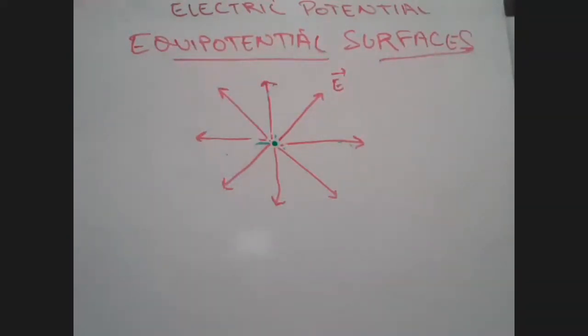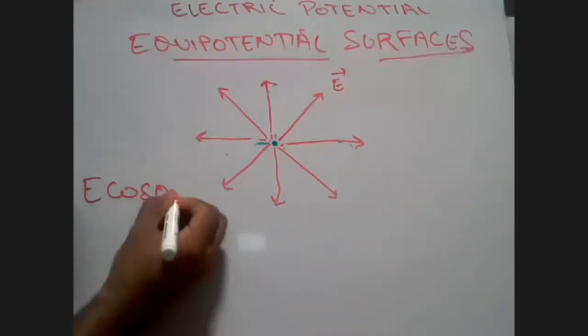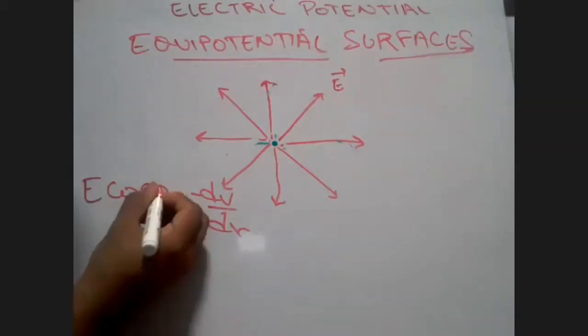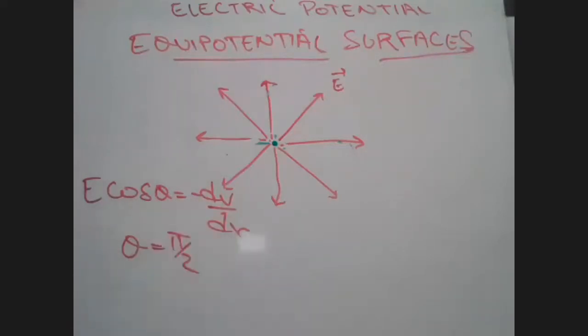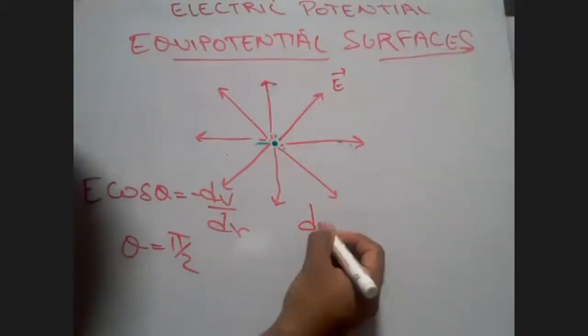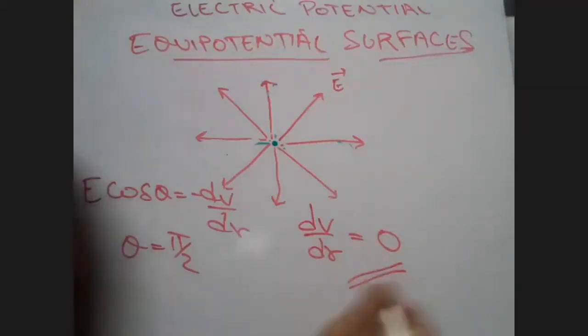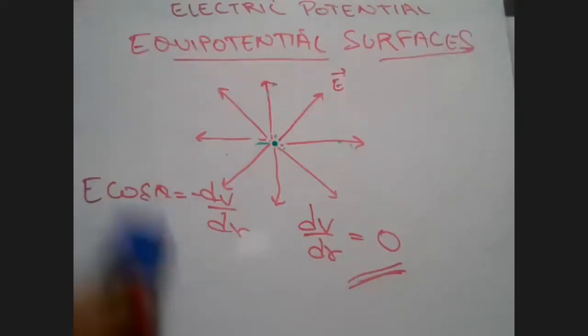Now, if I say E cos theta is equal to minus dv by dr, and I say theta is equal to pi by 2, then what is going to be the rate of change of potential? What will I get? Constant. 0. I will get zero dv. So this is the concept of equipotential